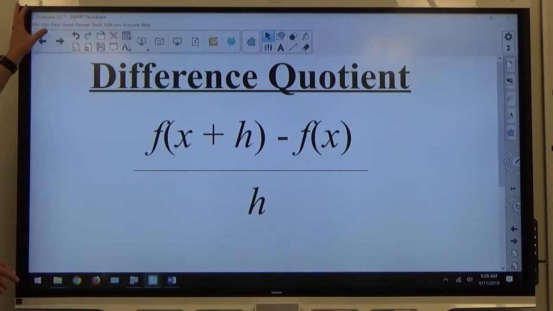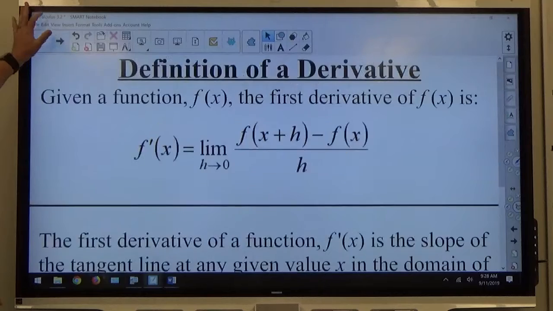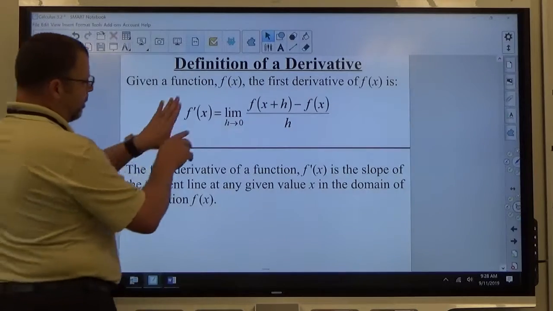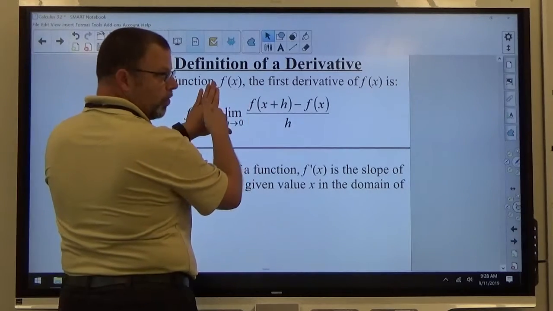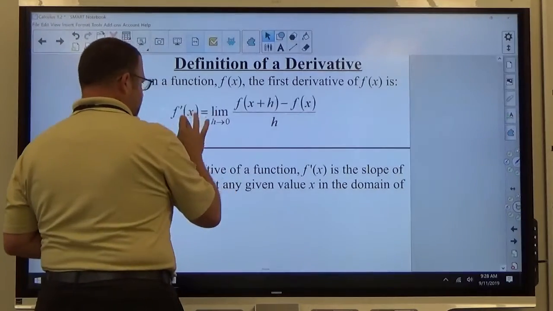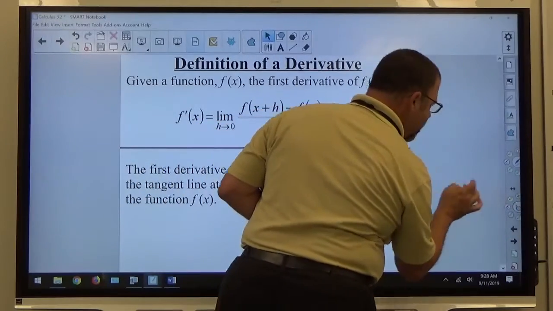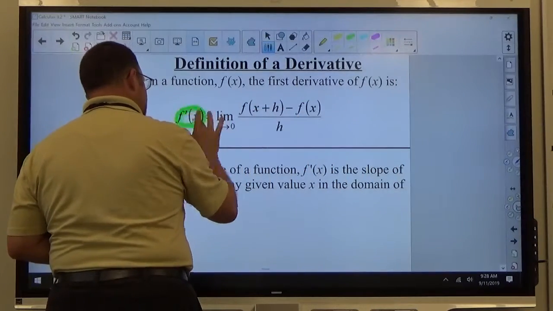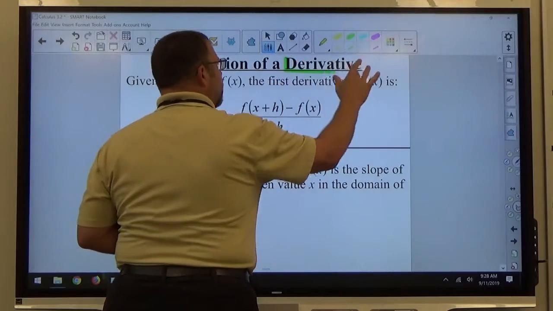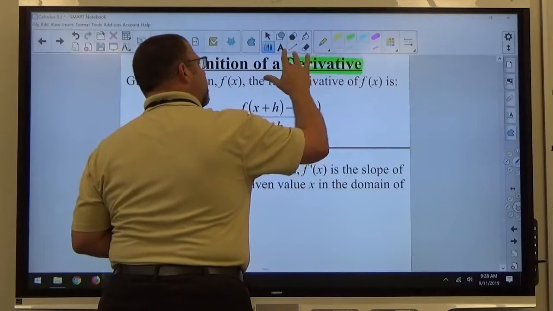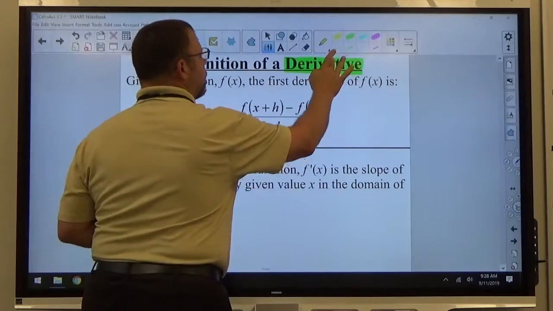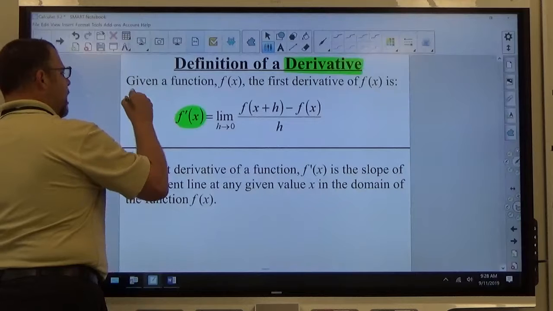In chapter 3.2, we have the definition of a derivative, which is right here. And you'll notice that this right here is what your slope formula was in last chapter, but now instead of calling it slope, we've got this new notation here, and that is what derivative notation is. So anytime you're asked to find the derivative of something, that is a notation that you can use to represent derivative. And this is read